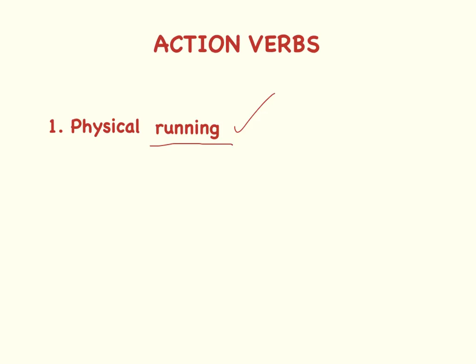From the list now, take a look at it. Which one do you think would be a good example of a mental action verb? Alright, good. If you chose learning from the list, then you're correct. And that's what we're doing right now. We're learning about the different types of action verbs, physical and mental. And as you probably are well aware, when you're learning something new, you're definitely using mental action. Right? It's tiring, it's exhausting, and it's hard work. But ultimately, in the end, learning is the right thing to do.